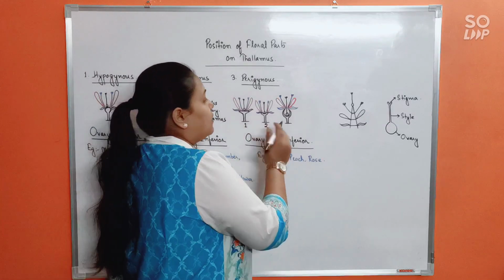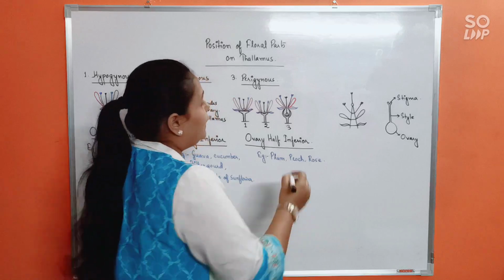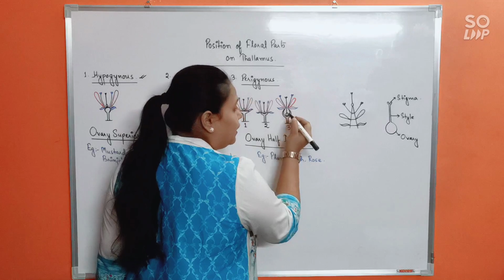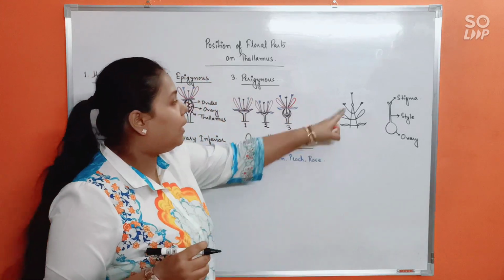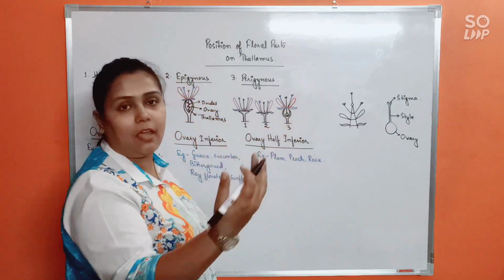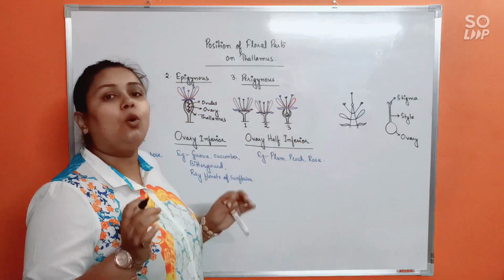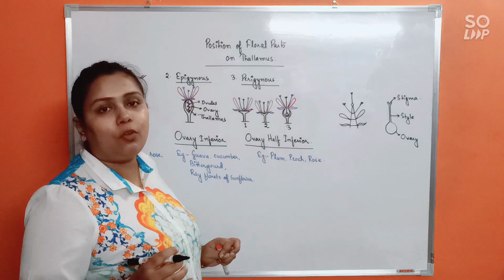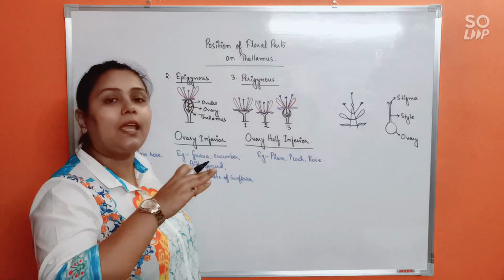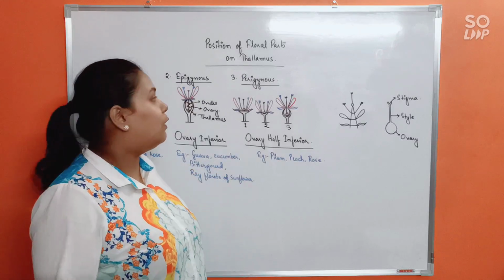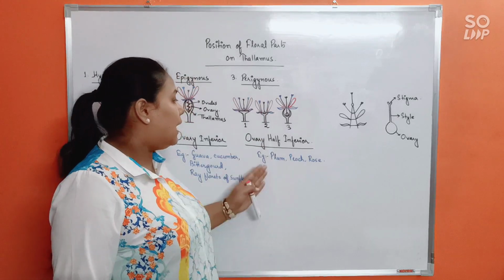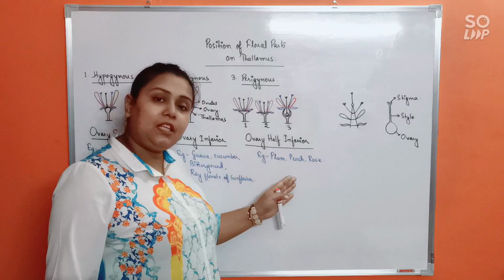Understood? Last, number 3. Here the thalamus is flask shaped and the ovary is at the center, so that means origin wise it is still at the apex, that means at the top, and the rest of the floral parts are position wise above the ovary. So the ovary is origin wise at the top, the rest of the floral parts position wise above. So likewise we will be considering again all of them to be at the same level and we will call it again a perigynous condition. So do remember this. Examples would be plum, peach and rose.